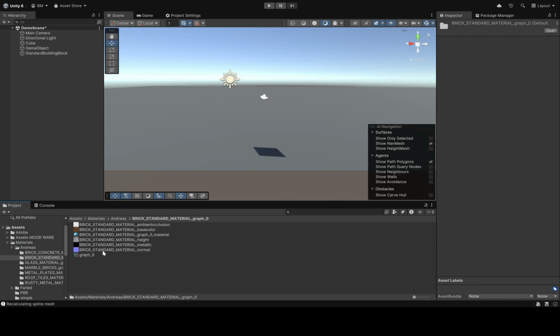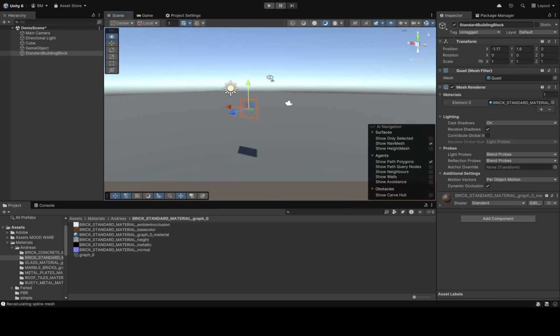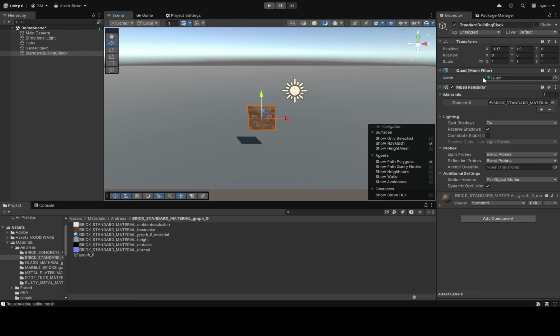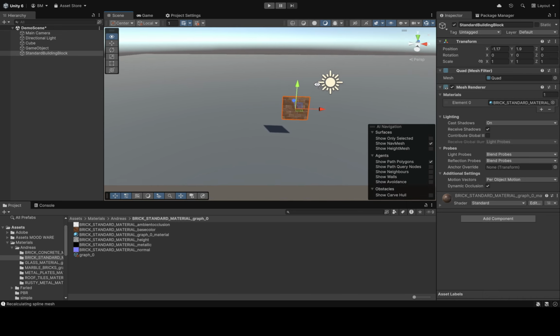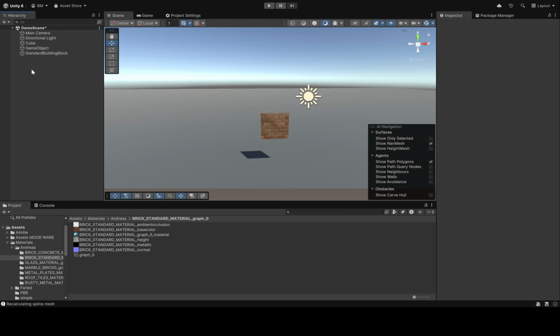For example, here I'll drag this thing in, and I'm just gonna grab the material and drag it onto the quad if I can even find it. I'm just going to drag it over on here. Should now be able to see it. Yes, it's over on this side. Yeah, and this is it. You just gotta make most of your plain building blocks just like this. Just make a quad, put your texture onto it,